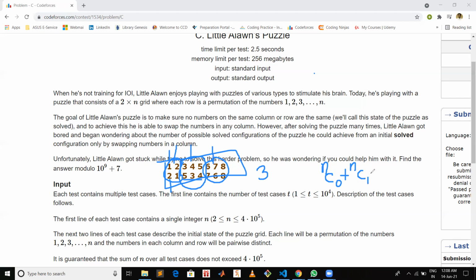Similarly, you can choose to swap 2 groups at a time out of the n groups, and so on. You have to take the summation of all these numbers. This is called the binomial coefficient, and the sum of binomial coefficients is basically 2 to the power n.